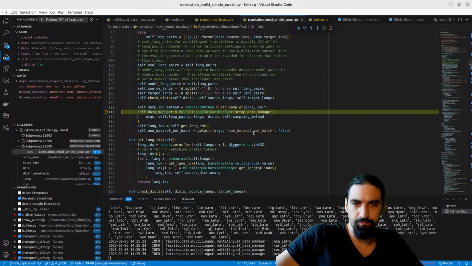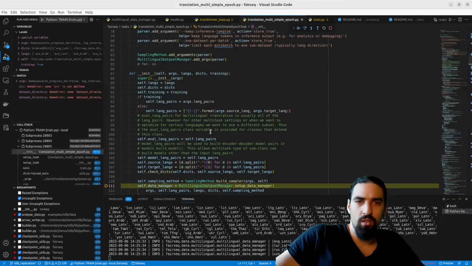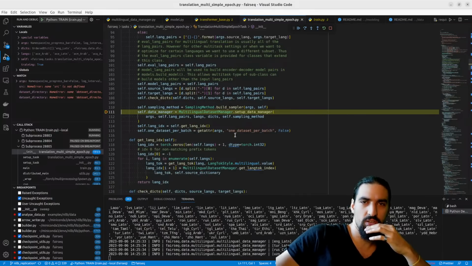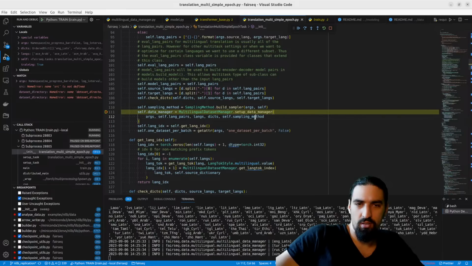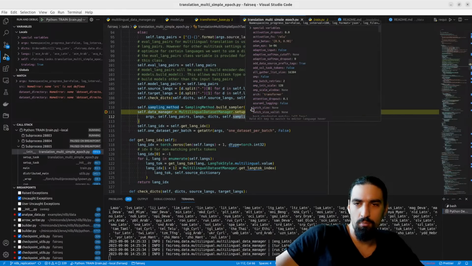Okay. So the first thing is sampling method here. So during the construction of the translation multi-simple epoch task, we pass in the sampling method here. But this one is actually built.